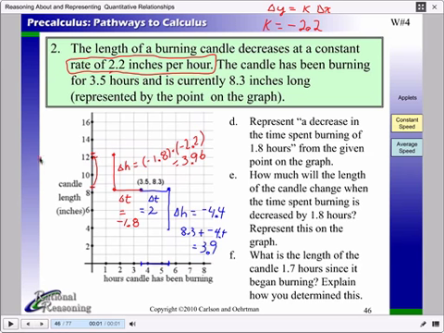So the 8.3, the old value of the height, plus the amount of change, equals the 12.26. Okay, any questions on this example? So then if you keep going,